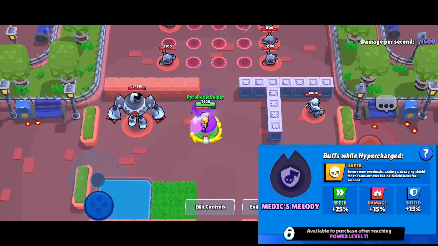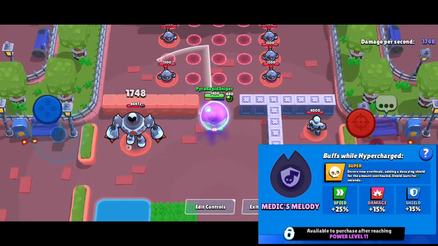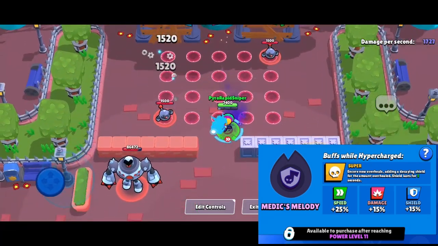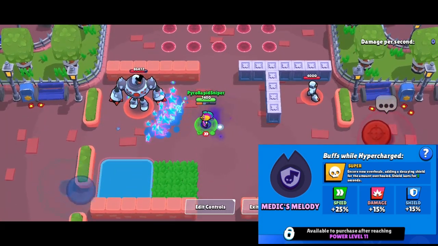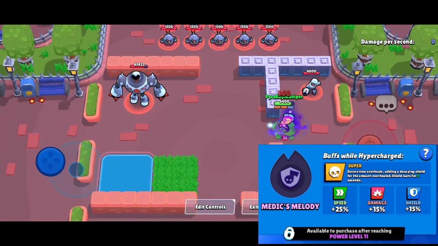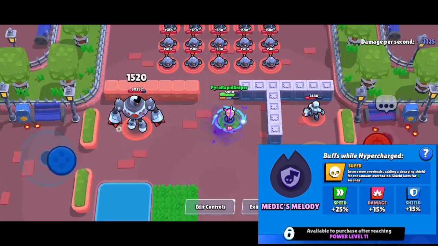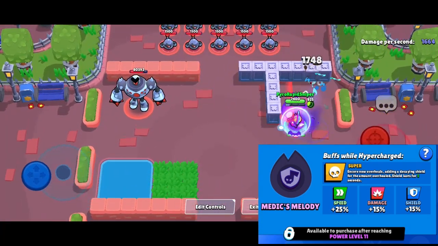Now Poco gets this thing really fast. And the shield is alright. It gives people at max health a 4,000 HP shield. But the problem is that I have the issue of trying to find value because